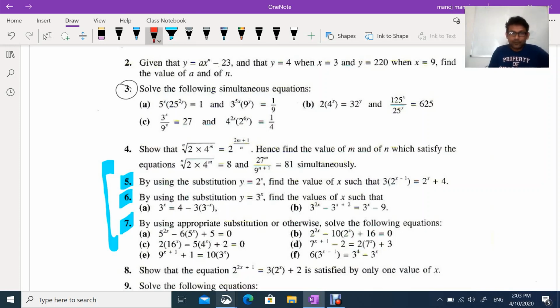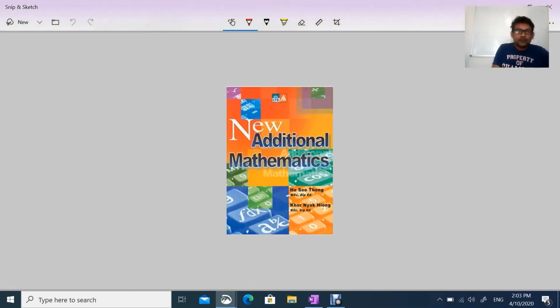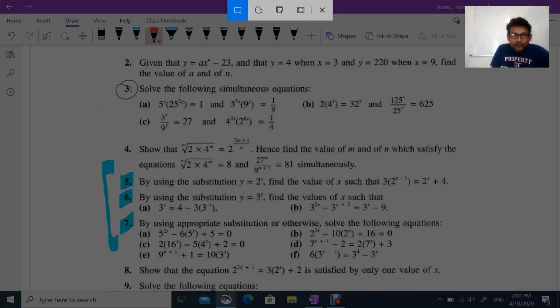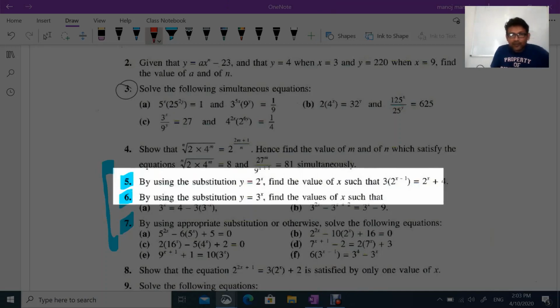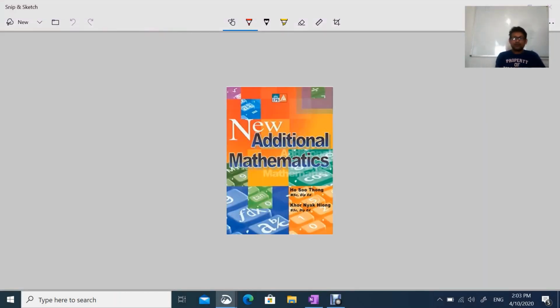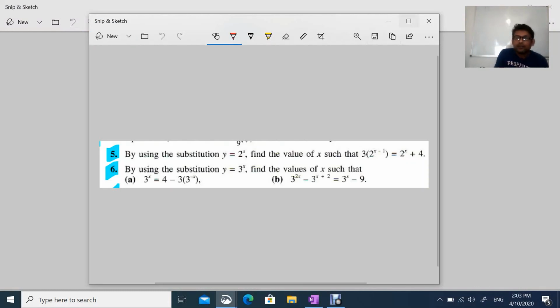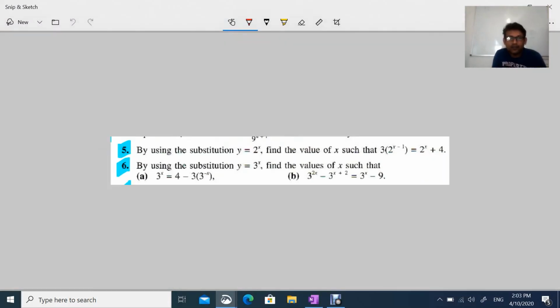Okay, moving to question number 5. And 5 and 6 together I am copying. Like what I taught in my class, I am using the same method. This is the important thing to do. By using the substitution, y to x, you have to convert. This is like question number 5. You have to use the method. How can we convert? Okay, question number 5,